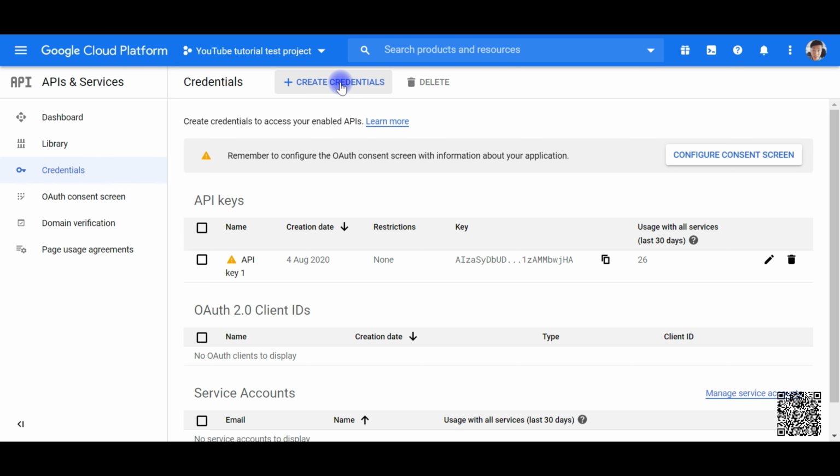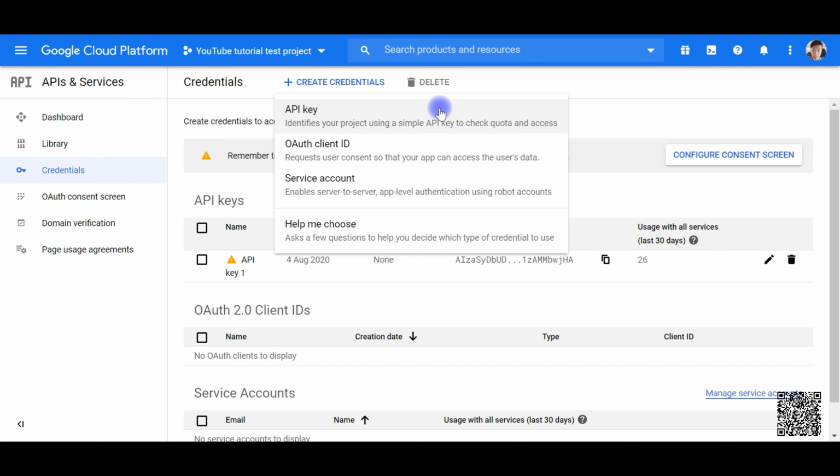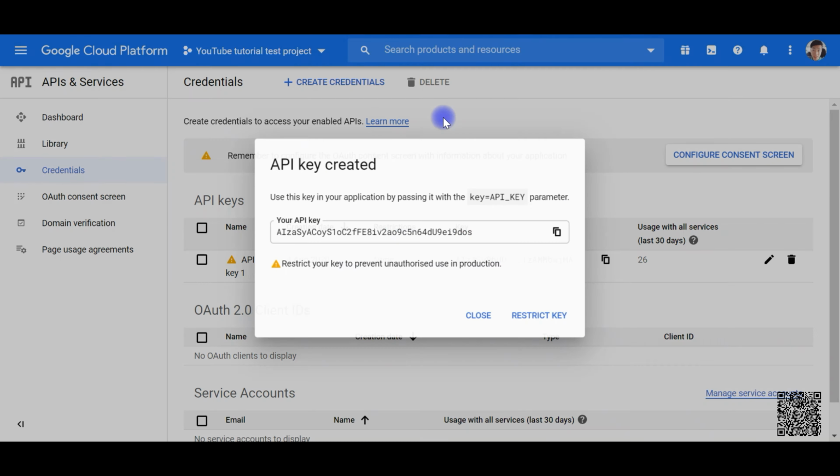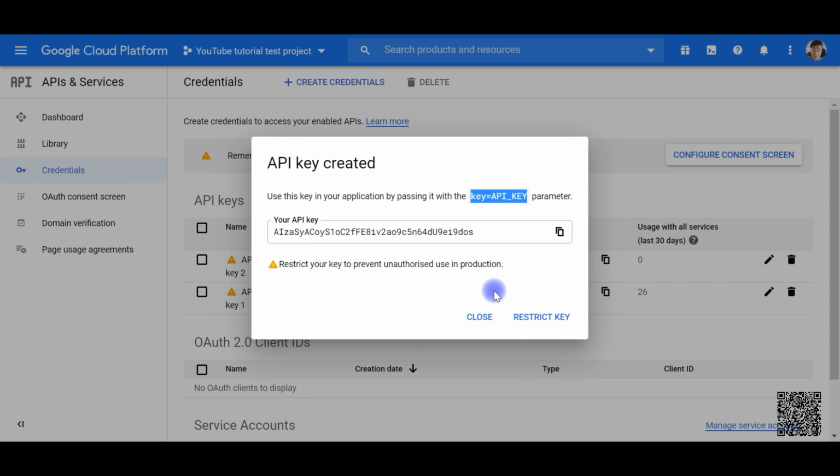Okay, so let's create an API key, and we can even restrict the key if there's someone else who's accessing this Google Cloud Platform account. Otherwise, you could just leave it as default, because if you are the only one who will be accessing the account, no one else is going to access it.